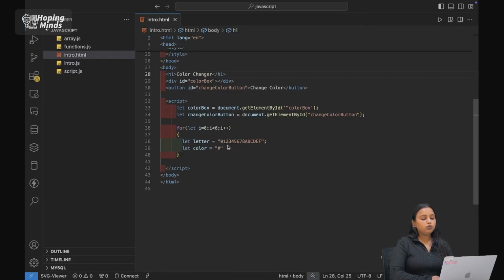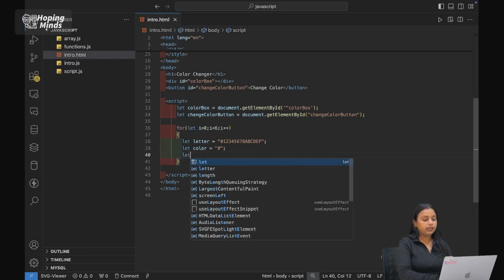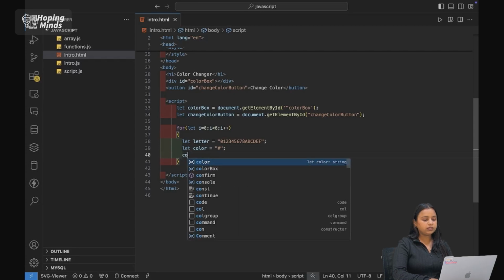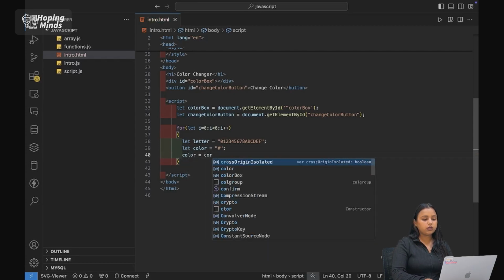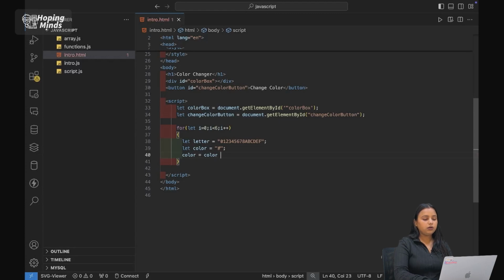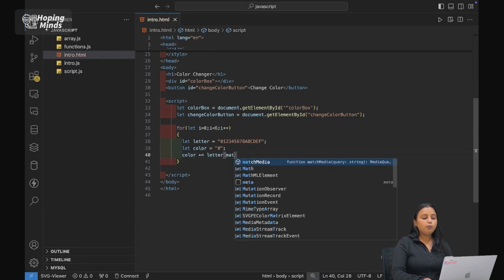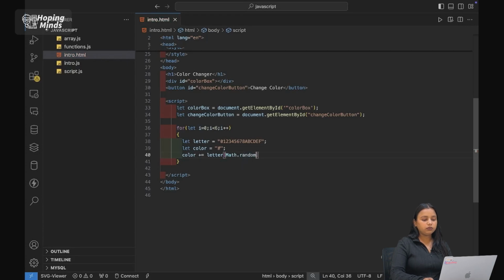Now the next thing I have to do is color equals color plus letters, so that it will add into the letters. Put your letters over here, and in this you want Math.random, which is a method that will help you get a random number between 0 and 1.